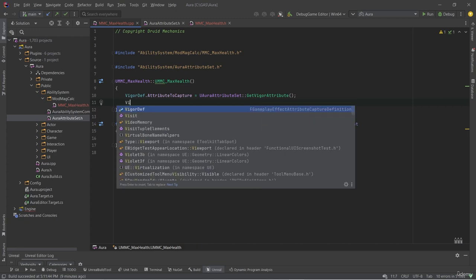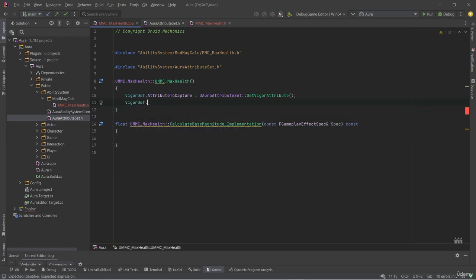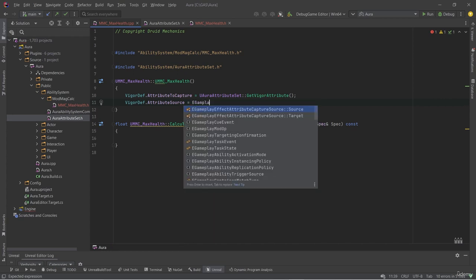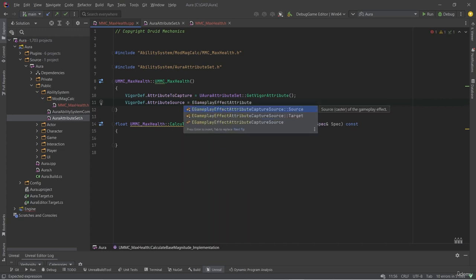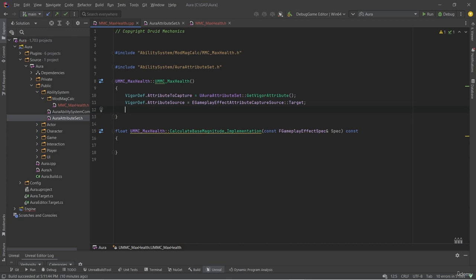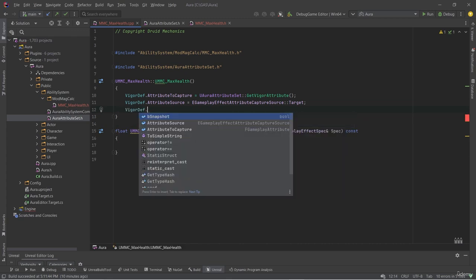So we're going to say vigor def dot attribute source. We want to define the attribute source, and we use an enum for this. Gameplay effect attribute capture source, and our options are source or target. These are settings that we see in the gameplay effect as well. Here in C++, they're enums. So we're going to choose target,